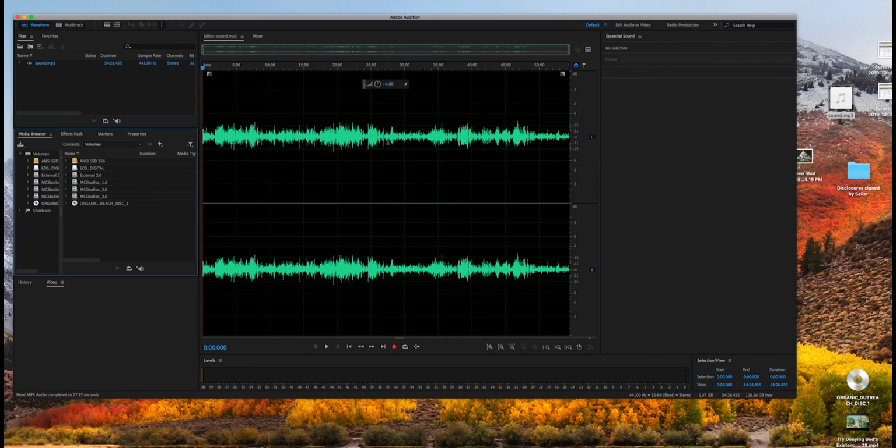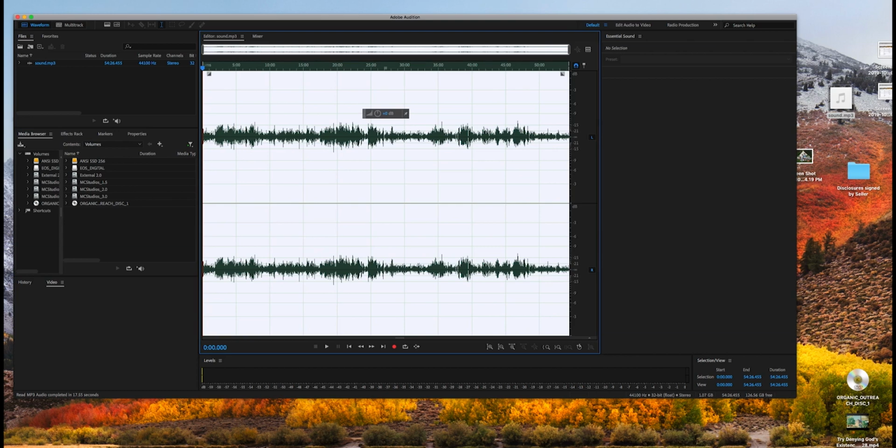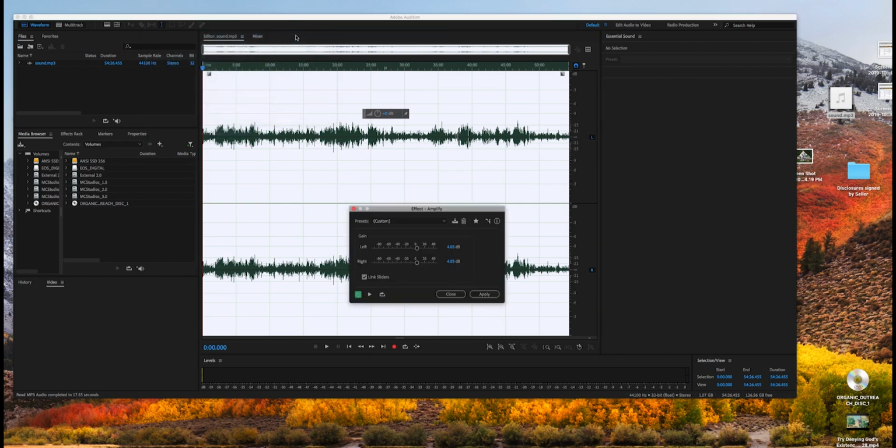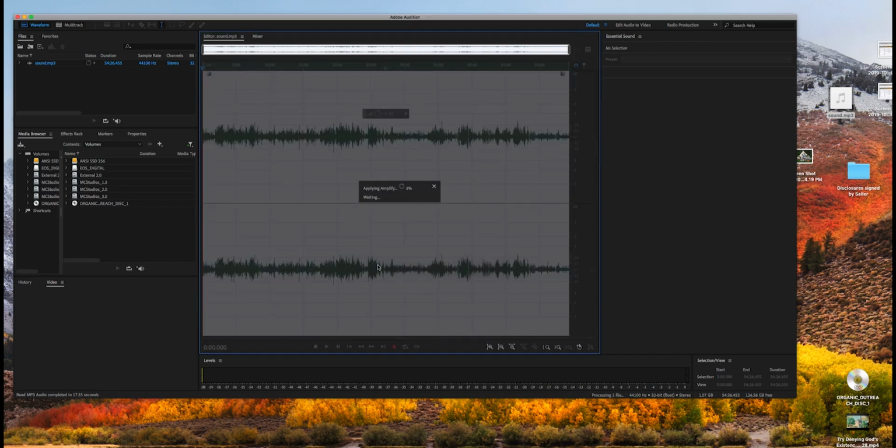Okay, so this is the sound. Usually sound has to be somewhere over here. You can see there's a line. This is the peak, the white one. So I'm probably gonna boost it, and all I do, I go to the FX and what is it called, amplitude and compression. There's a lot of stuff. I'm gonna choose the top one, amplify, and probably by 5.25 dB, and I'm probably gonna amplify second time because